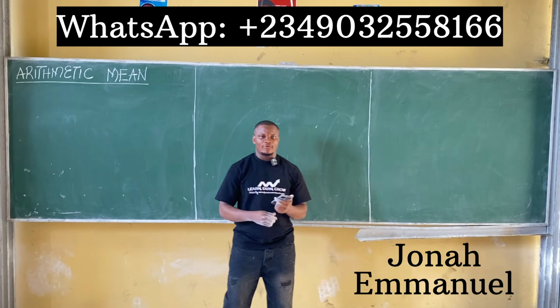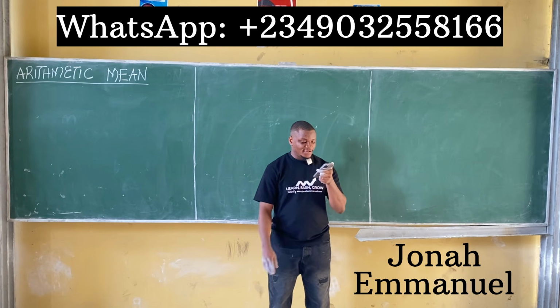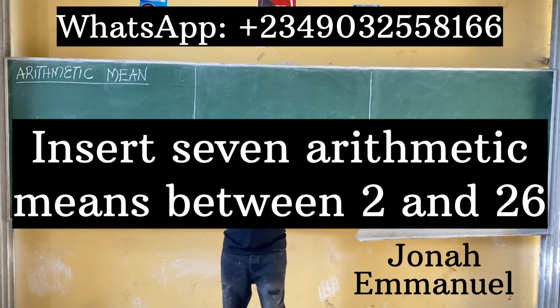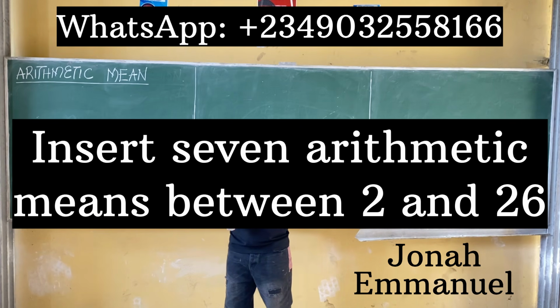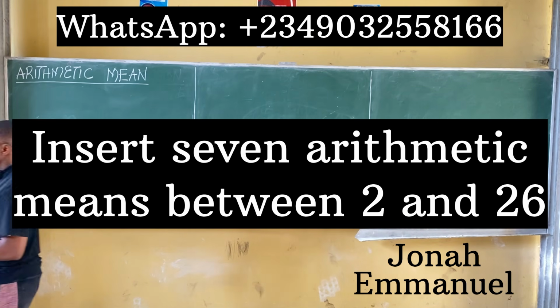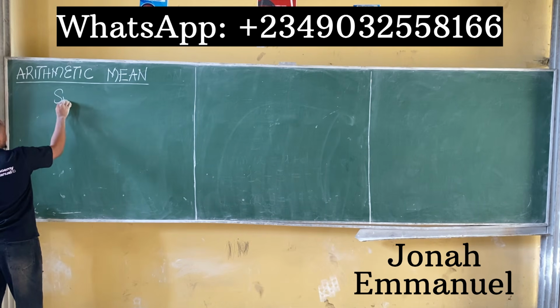Let's take another question on arithmetic mean. The question says, insert 7 arithmetic means between 2 and 26. All right? Insert 7 arithmetic means between 2 and 26. So let's solve that question. Solution: